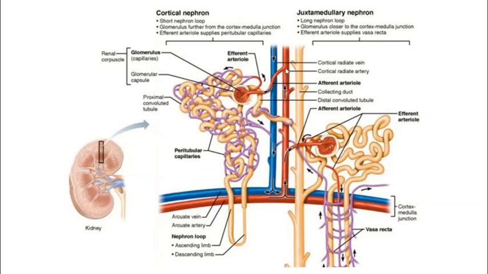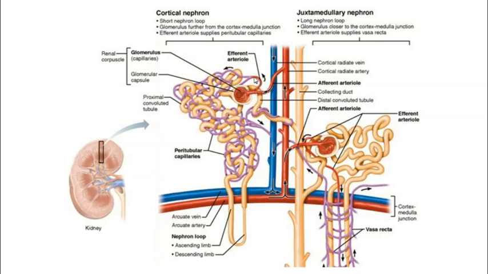From the cortical radiate artery, we get little branches off of it that are the afferent arterioles that serve each of the glomerular capillaries here. So whether it's a cortical nephron or a juxtamedullary nephron, it makes no difference. We still have the cortical radiate arteries branching off and delivering blood to the glomerulus of each of the different nephron types here. Filtration we saw happens at the glomerulus, and any remaining fluid, and all of the blood cells and proteins that are leaving the glomerulus leave through the